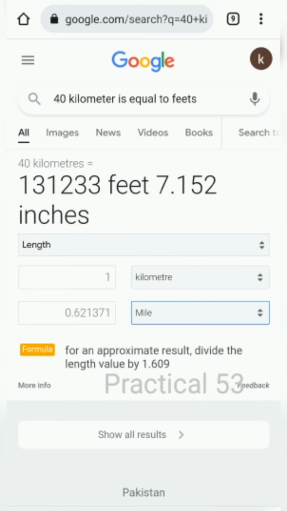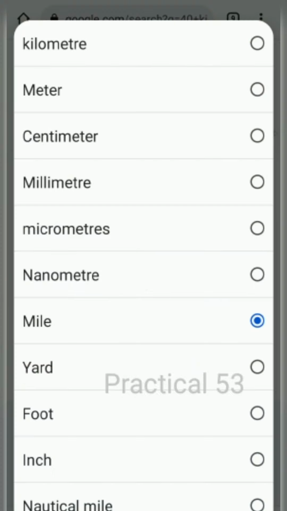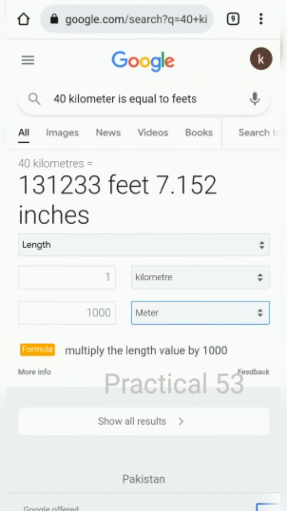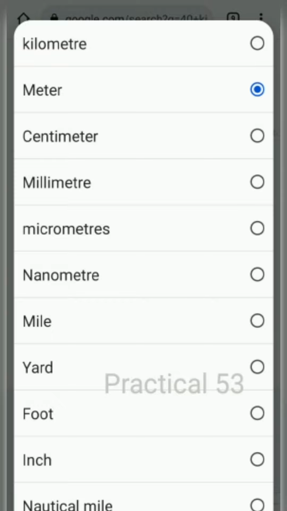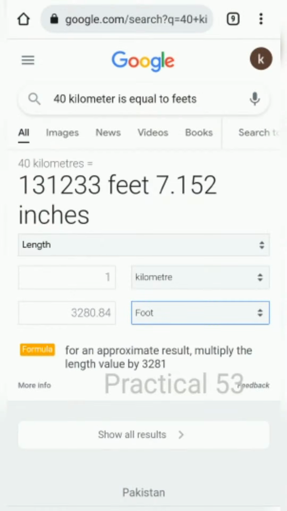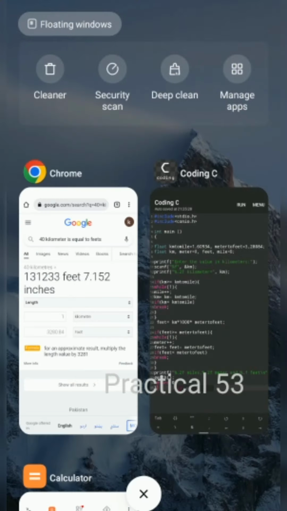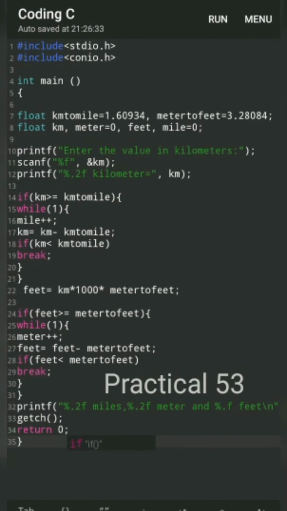Miles, we can see 0.621371 miles is equal to 1 kilometer. And then if I convert 1 kilometer into meters, how many meters are there in 1 kilometer? 1000 meters. And then in feet, how many feet are there in 1 kilometer? 3280. Now you can see in your practical that it is given in the form of variable initialization on line